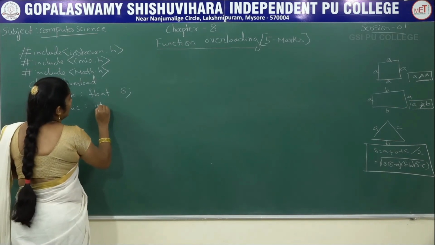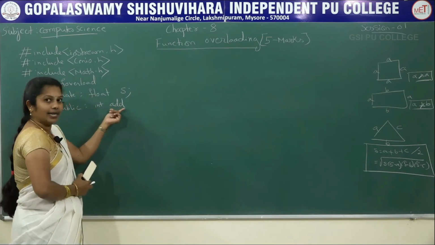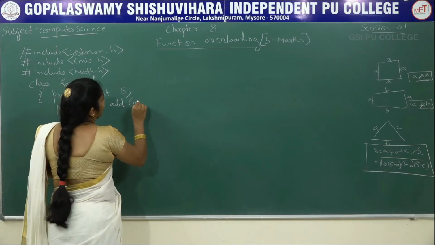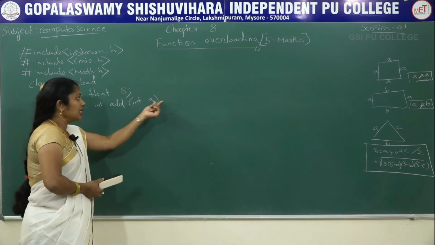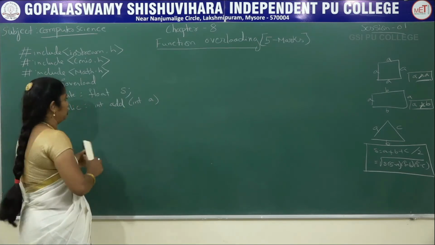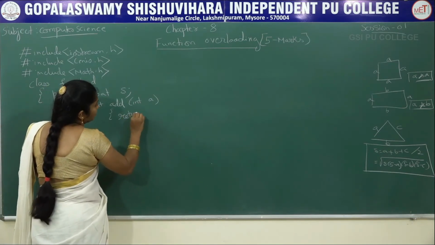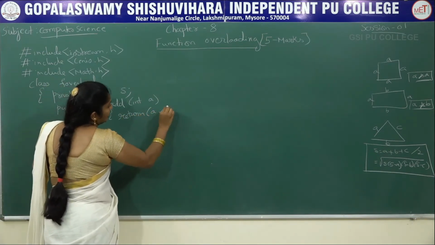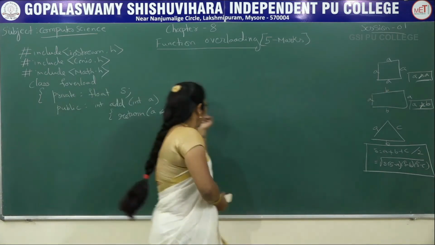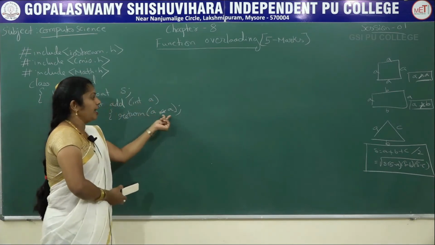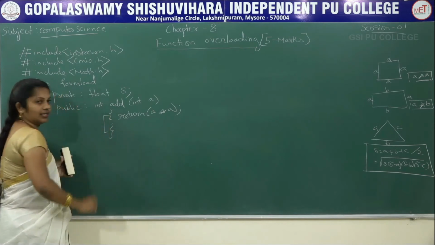One is int, add is the function name. First function here we are writing int add. Inside the bracket int a. Here don't put semicolon because inside the class we are writing the definition. Here the calculation we are writing: return a into a. Area of a square. Only one value here we will input, a into a, that is the return value. Close this function. Here whichever we opened, that here I closed.